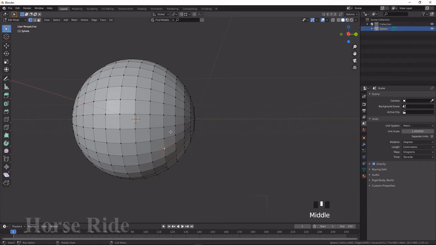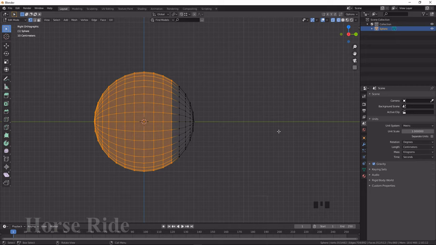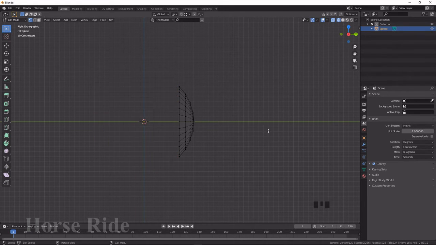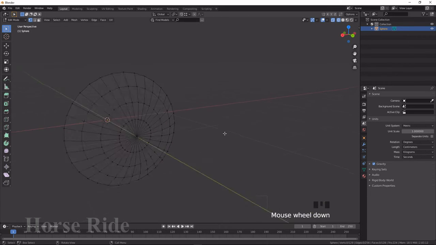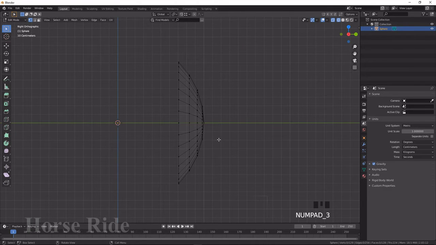Okay, I selected those vertices. Press Shift Z to go to wireframe mode. You can see that I have selected the triangle box. Drag it with right click to create a box selection. Select the box selection and press X and select vertices to delete. Okay, now we have got one shield shape, but I think it has more curve than needed, so I need to reduce that.